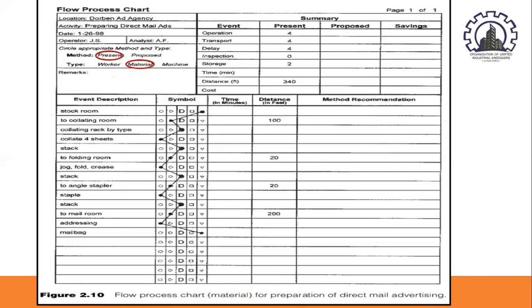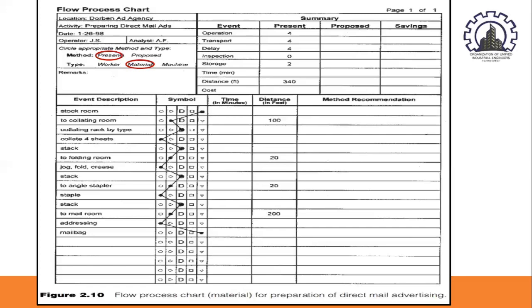Now in the bottom part of the chart, you have there the event description. The event description should be in chronological sequence from the very first process down to the very last. In this case, you have there stock room. And beside the event description, you have their symbols. Remember, there are 5 symbols that we will be applying if we construct a flow process chart. In this case, you can see their circle, transportation or arrow, capital letter D for delay, their square for inspection, and you have their inverted triangle for